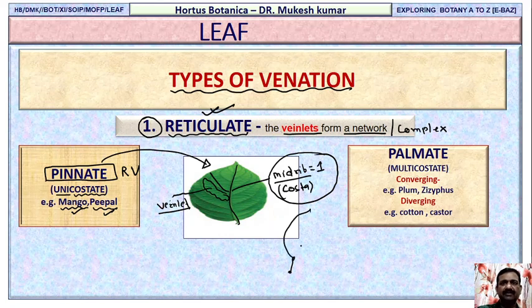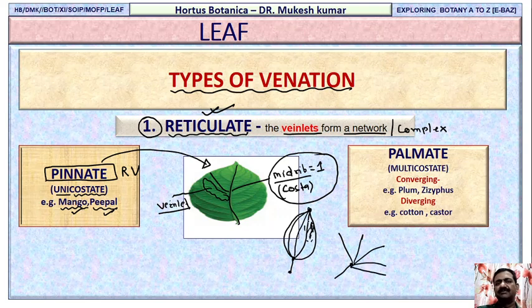Suppose, see, this is 1 midrib, 2 midrib, 3 midrib, 4 and 5. More than 1 midrib we have. And again inside what we have? We will have veinlets. Again veinlets will show what? Reticulate venation. Or it might be possible, see, these midribs are more than 1, but they are not coming at the